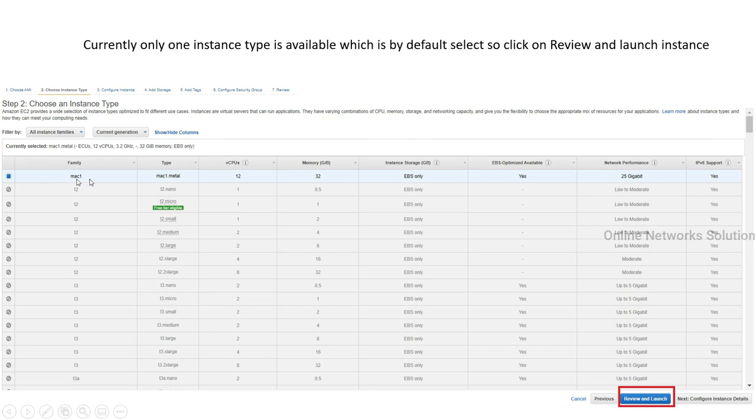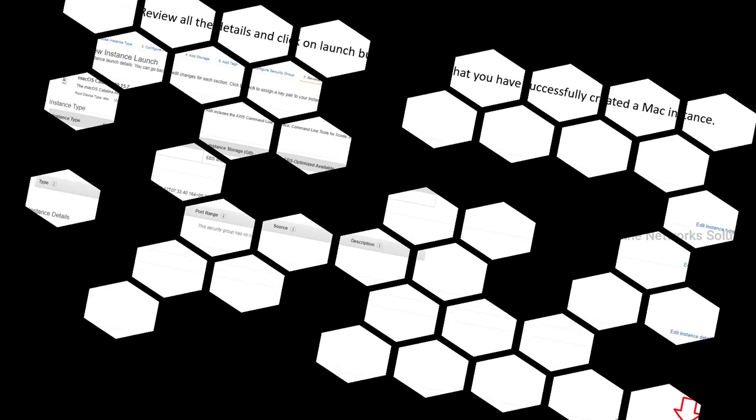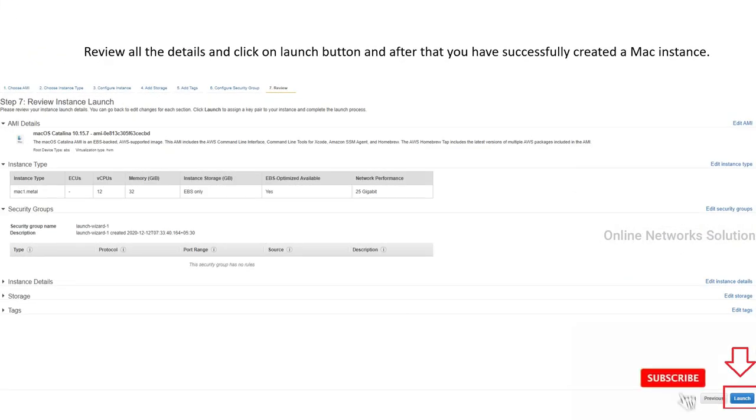There is only one option available, mac1.metal, 12 CPU, and no other option. Then you will have to click on Review and Launch, review your product, and then click on Launch, and your instance will be created successfully on your console.